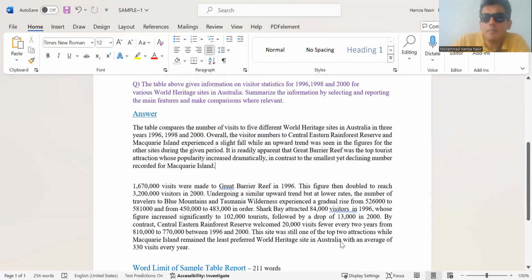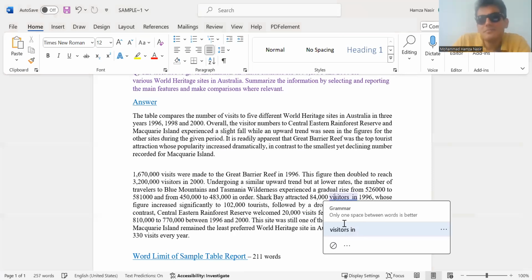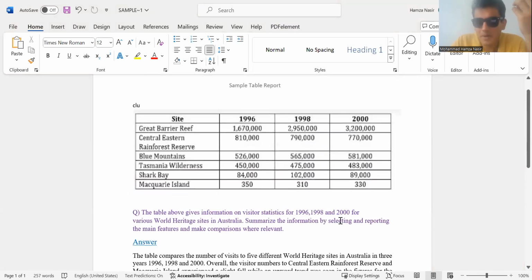And then comes the second paragraph, that is a body paragraph, in which we go into details. But look, when you give details, fellas, when you dish out descriptive information, don't make it monotonous, okay? Don't make it boring, right? Like Shark Bay had